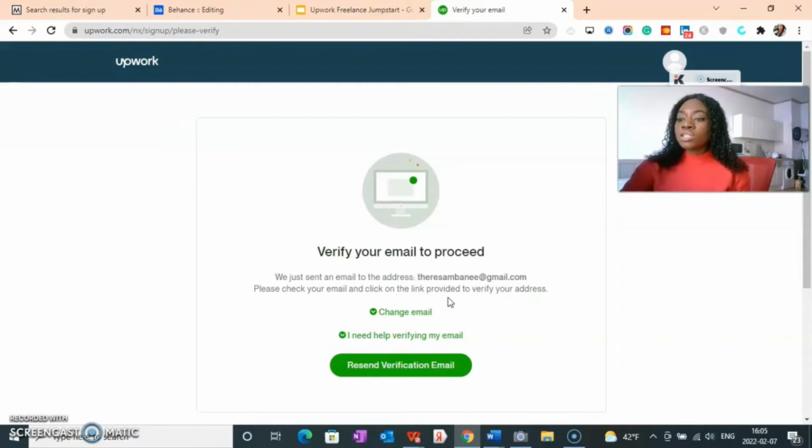But in case you are logged into your email address on your computer, then you can log into your email address on your computer also, and then you verify. So I'm going to use my email address right here. So I'm going to click on verify because I'm not logged into the account on my laptop. And once I click on verify,